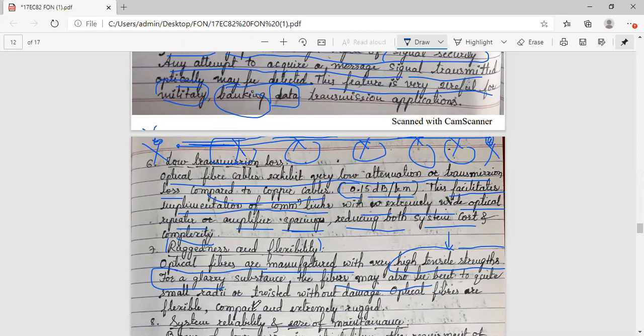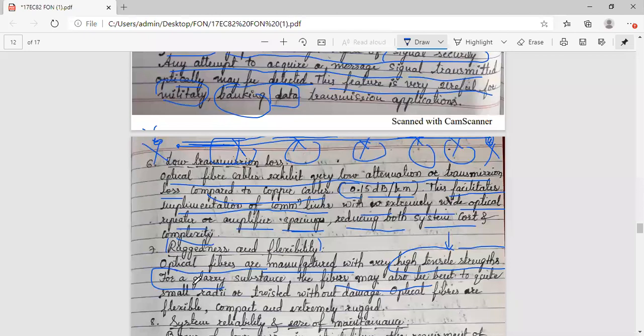So it will make the optical fiber more flexible. You can move it, because whenever you are taking a source and a destination, 2 points, it is not necessary that the 2 points are always in a straight line. You will get many bends, many left turns, right turns, because the path may be of any shape, where in order to reach the particular destination, you have to move around. So you may come across many twists.